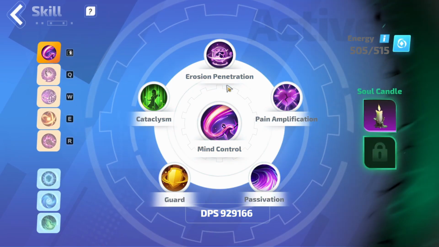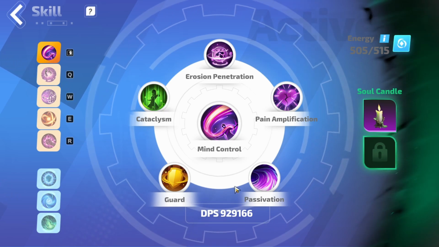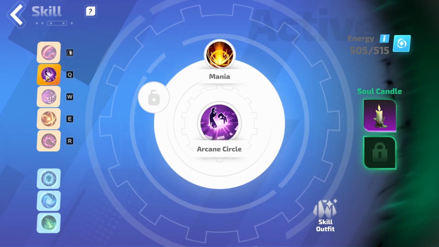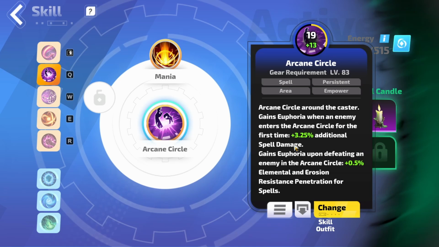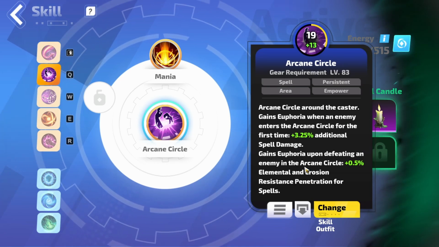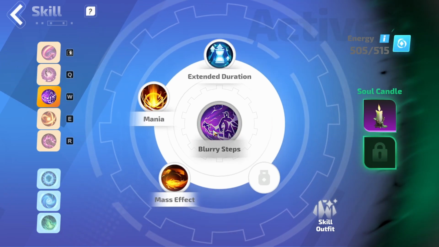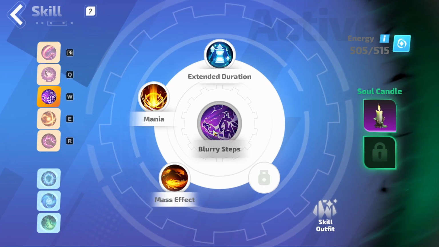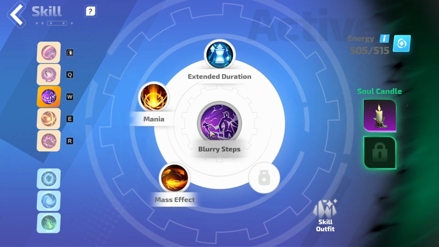Now, in terms of skills, we can use a lot of empower skills in this build. There are some very, very strong ones outside of the main skill and all its links, which will be in the description in the builder if you want to check that out. We do use a lot of activation skills, those being Arcane Circle to gain additional spell damage, as well as Elemental and Erosion Penetration. Obviously, it's the Erosion Penetration we're looking out for. Blurry Steps is how you're going to be getting around. This grants you a ton of movement speed, especially because of how much cooldown and empower skill effect that we're getting in the build. This is going to be up all the time, and it's going to be very, very